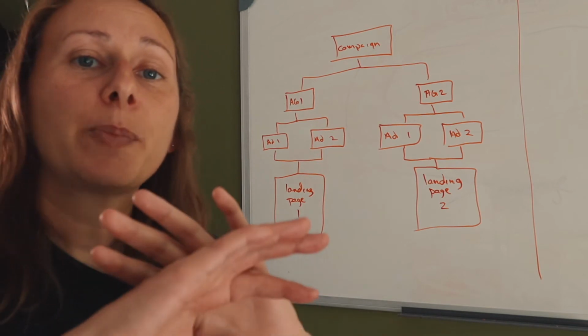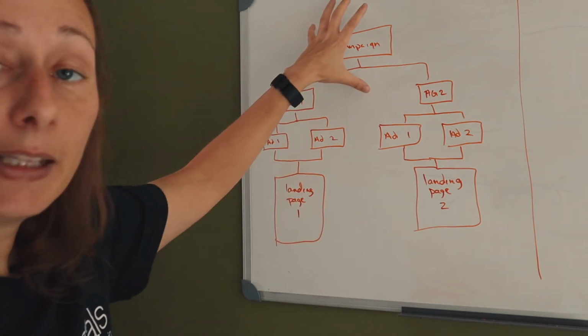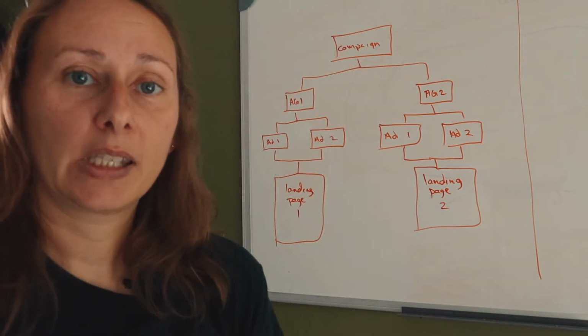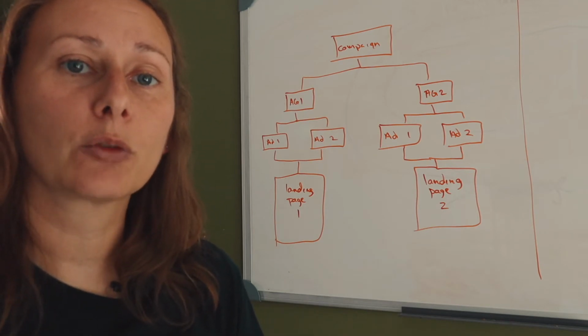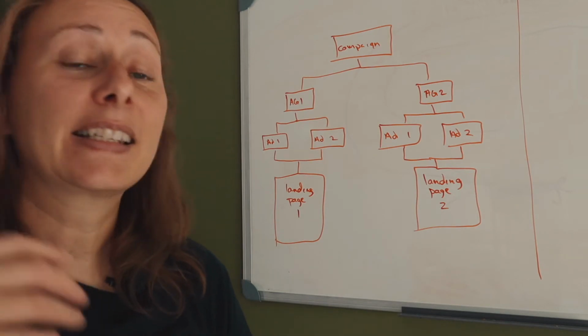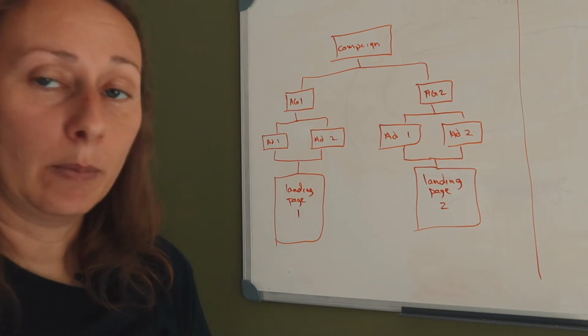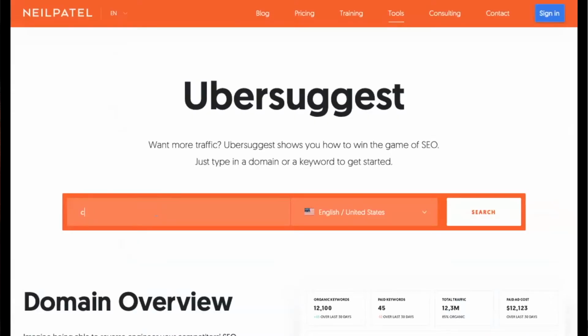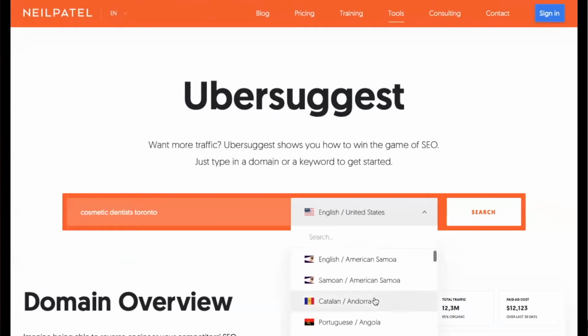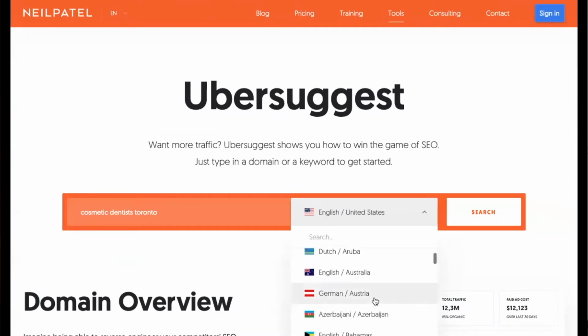And before you spend any money on these, what you need to do is do a little bit of keyword research to find out exactly what your potential patients are searching for. I'm going to link to something in the description called Uber Suggest, where you can have up to 3 free keyword searches a day. And you can take some of your keywords like dental implants or teeth whitening or veneers